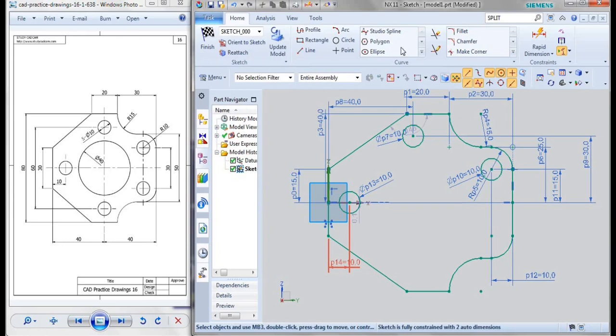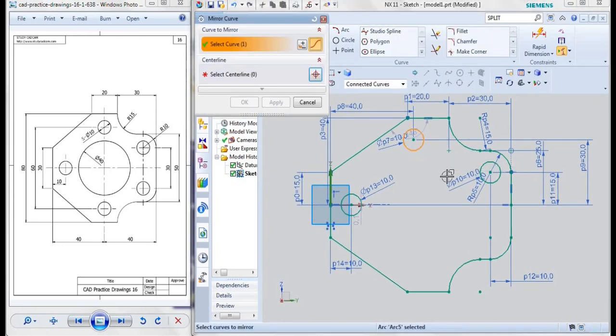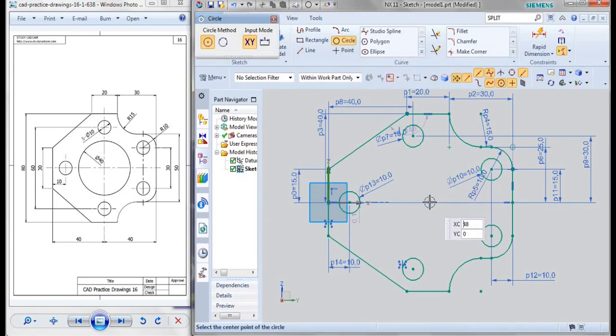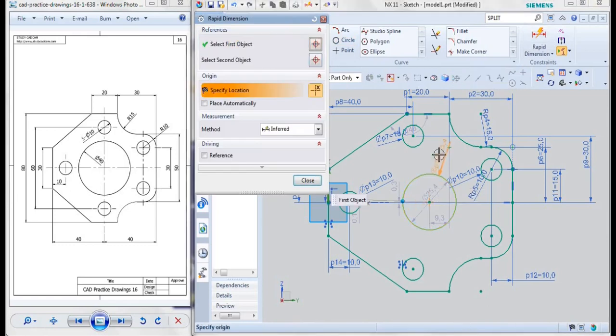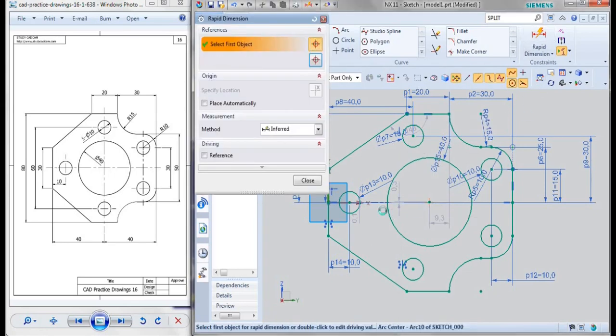We'll be creating a circle, and now I'm going to mirror my curve, mirror this curve and then this curve along the center line of this. Now I'll be drawing my center circle. Take randomly like this. The diameter should be taken as 40, and now you can specify your distance, that is from the center point to this end it should be 40,